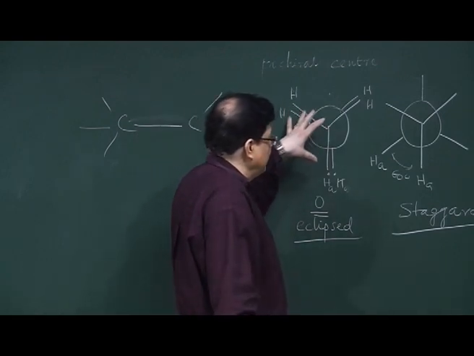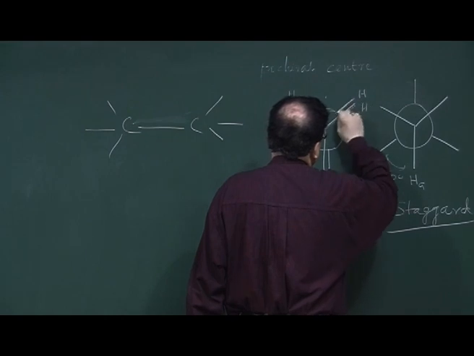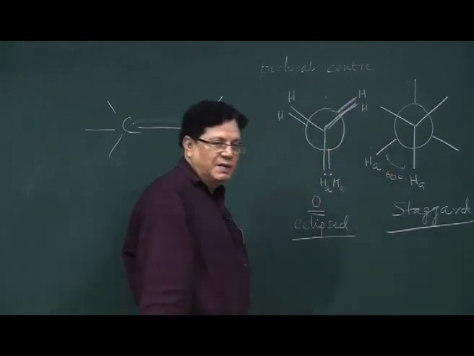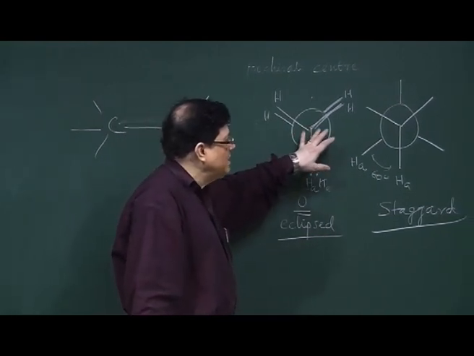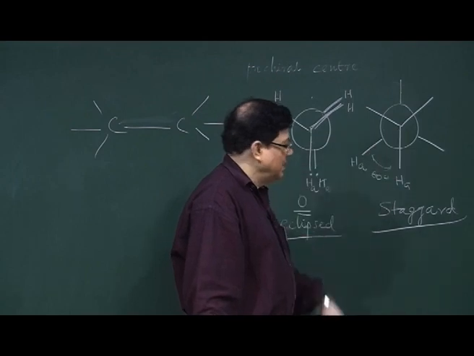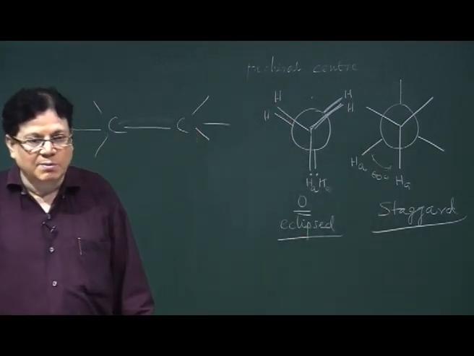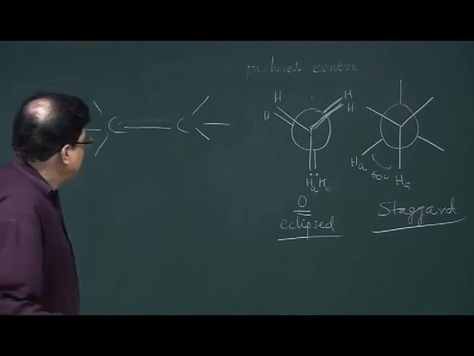If it is ethane, then because of this electronic repulsion between the CH and the CH which are eclipsing each other, this is having more energy than the staggered form. How much more? It has been determined, it is about 3.3 kilocalorie per mole. Okay. So, when we draw